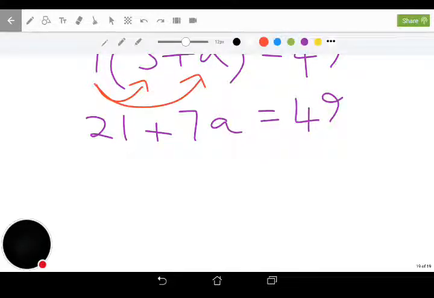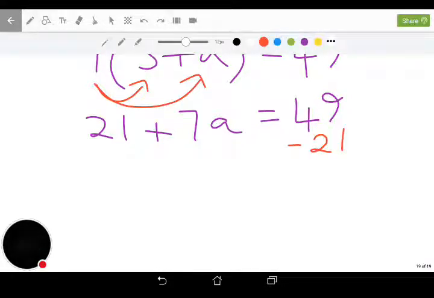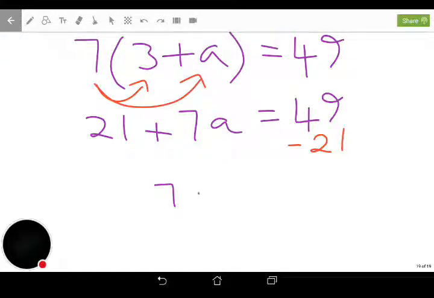Right, here again, we want to get the numbers on one side and the letters on another. It's rearranged a little bit, but we're still going to do the same thing. So we're going to get rid of the 21. It's a positive, so we're going to minus 21 on the other side, and that will leave us with 7a equals 49 minus 21,